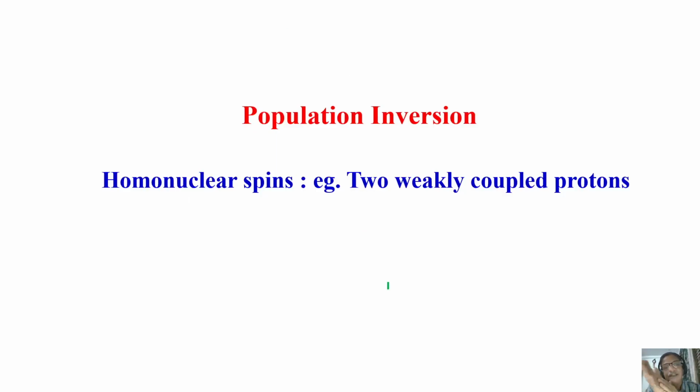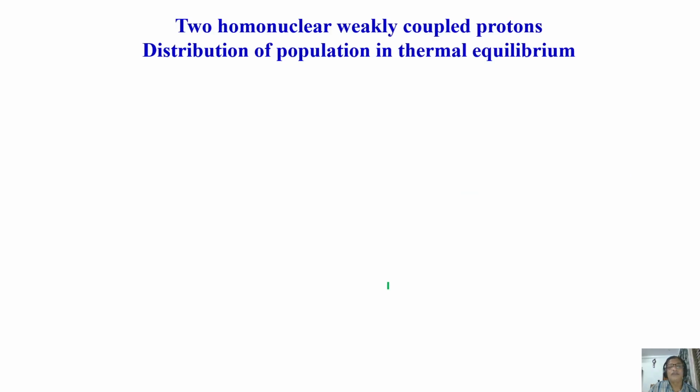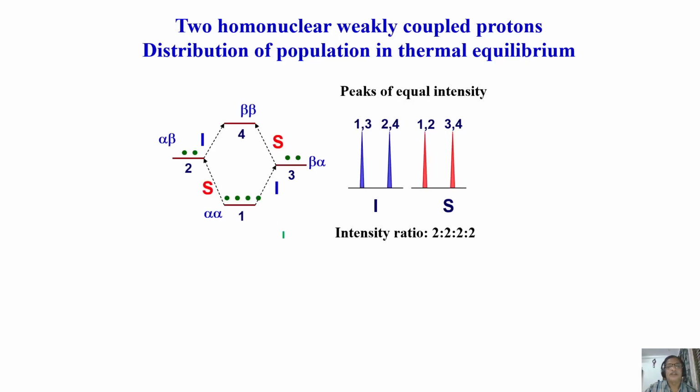Now let us consider homonuclear spins, two weakly coupled protons. We'll come to carbon 13 later, because finally our idea is to enhance the carbon 13 signal intensity, not protons. Anyway, protons are both abundant. Okay, if I take homonuclear coupled spins, just to give you a feel, we will see how much is the gain in signal to noise ratio when you take carbon and proton relative to proton and proton. Now I consider an example of two weakly coupled spin systems. I have already discussed with you weak and strongly coupled spin systems, and two weakly coupled spin systems are there.